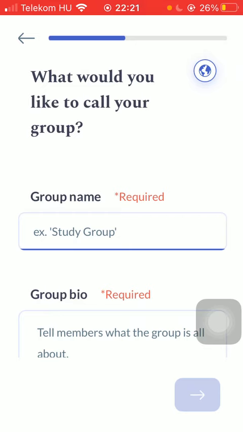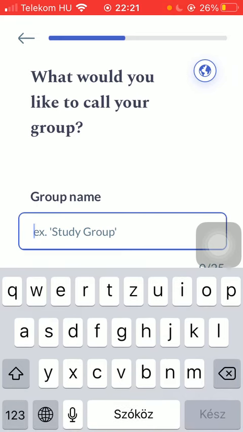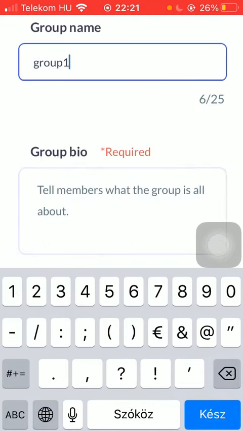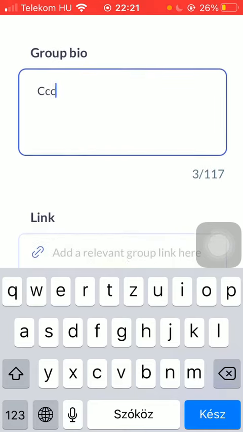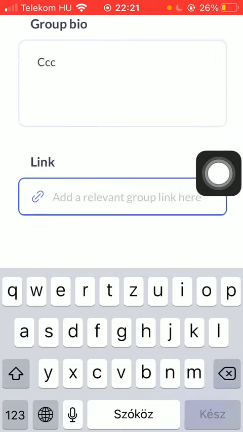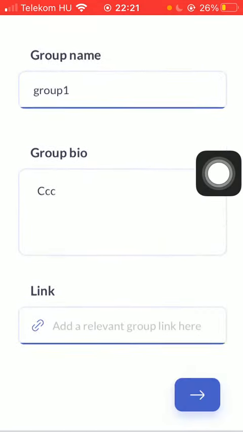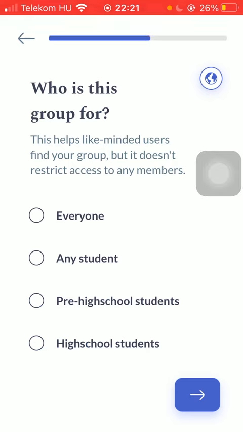Tap on the arrow down below to go to the next question, then type in the name of your group. After that, the next step is the group bio, so write a brief introduction of the group itself, then add a relevant group link to this last box, then tap on the button down below, select who this group is for,